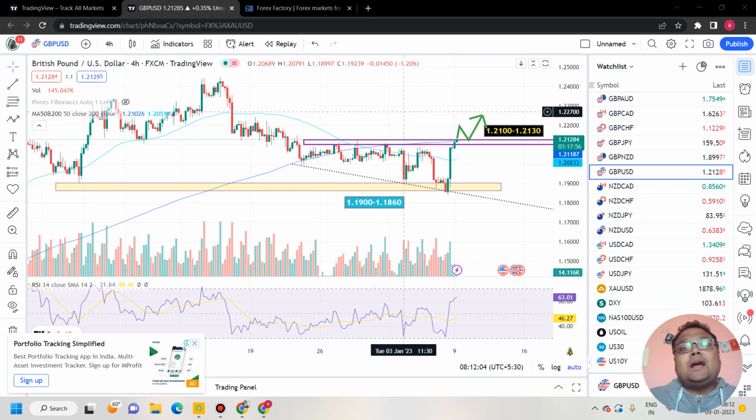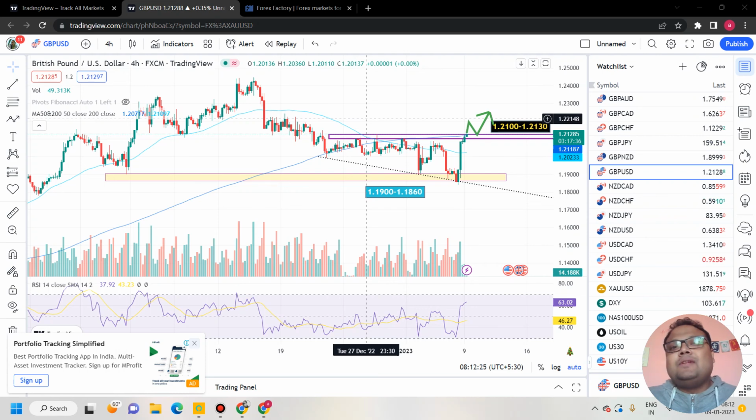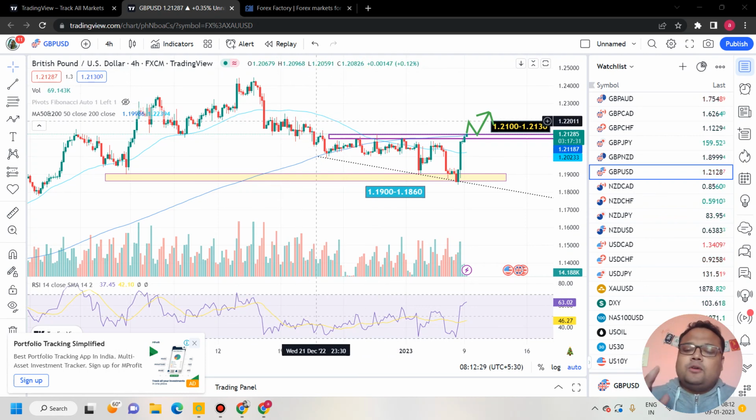Right now we are not trading GBPUSD, EURUSD or gold on those strong levels. Right now we are trading GBPUSD, EURUSD, gold and others on the weaker, medium levels. You are confident when the levels are very strong, but sadly the strong levels are far away right now. That's why we are forced to trade on these levels. So whenever you're forced to trade on medium levels, you need to be extra careful. This is my concept. Hopefully you got my point.